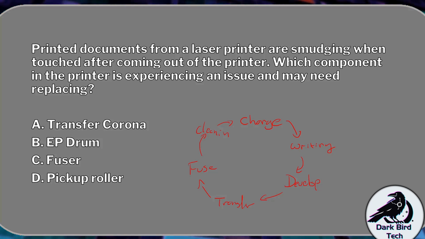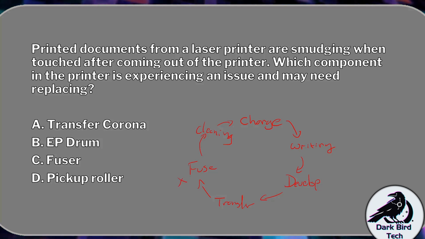That paper then passes through the fusing rollers to melt that plastic toner into the paper, and then the EP drum makes its way back around and passes under a cleaning blade to scrape off any unused toner, and the process repeats itself. So, judging by their complaint about the print smudging afterwards, right up until this point over here,